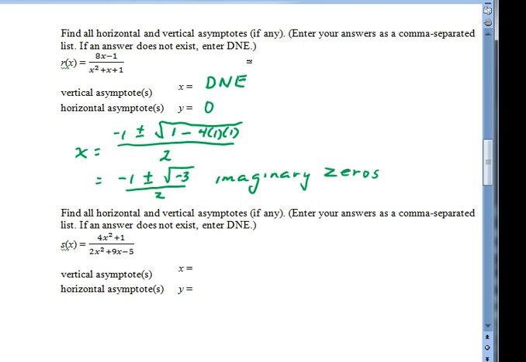4x squared plus 1 divided by 2x squared plus 9x minus 5. This time, the degrees are the same. The leading coefficients are 4 and 2. So the horizontal asymptote is going to be y equals 4 divided by 2. That gives you y equals 2. Now, I do think that the denominator factors in this particular example